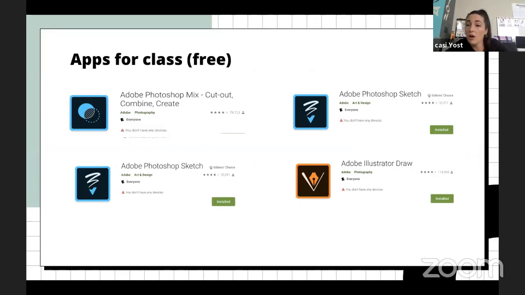If you have not already, I need everyone to go to their Google Play Store and download these 4 apps. It's the Photoshop Mix, Photoshop Sketch, which is actually my favorite. I put it in there twice. Dang it, no, I did not mean to do that. Photoshop Mix, Photoshop Sketch, Illustrator Draw, and let me go into my Chromebook